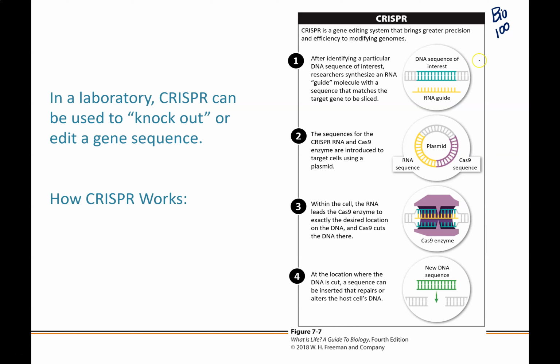So we have our gene of interest. Let's say that we want to insert a DNA sequence, a corrected DNA sequence. So let's say that we have a disease that is caused by a mutation, and we want to correct this mutation. So one of the early experiments that was done with CRISPR was an experiment in which they took mice